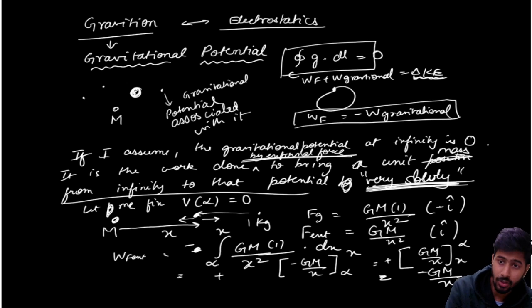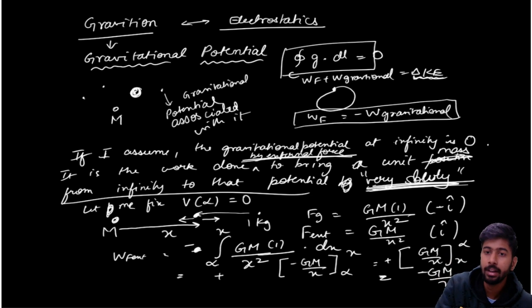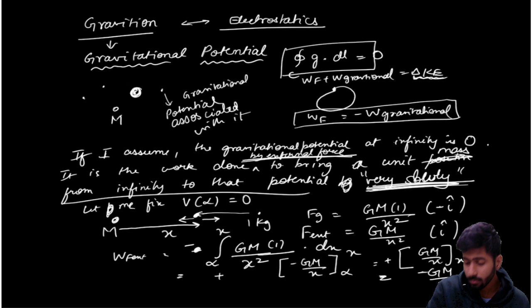So if this was the work done by the internal force, that is, the conservative force, which was your gravitational force, then the value of potential would be the negative of this, right? But this is the work done by the external force to bring an object of 1 kg mass from infinity to this point very, very slowly, right? All this has to be ensured, only then this will be the value of the gravitational potential at that point, right? So, with this done,